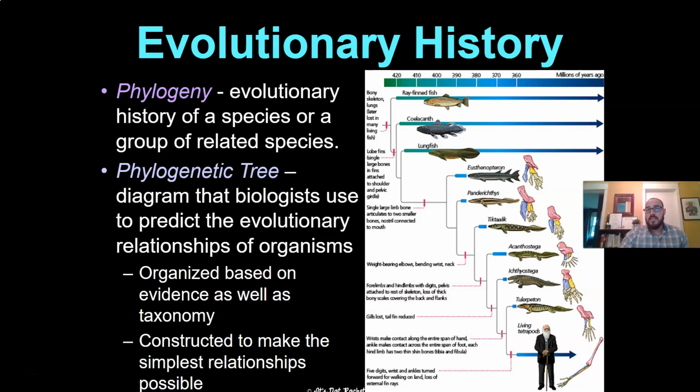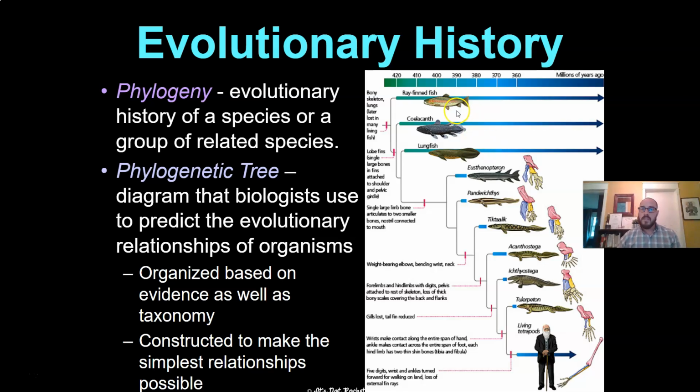All right, so really this evolutionary history here is showing us how closely related things are, and this one's really cool that I have up right now because it's showing you the evolution of tetrapods. So tetra means four, pod means foot, so things with four feet or four limbs like you and me. And so you can see our old buddy Tiktaalik here that I talked about earlier, and our old buddy the coelacanth, and some lungfish, kind of like mud skippers and stuff like that.